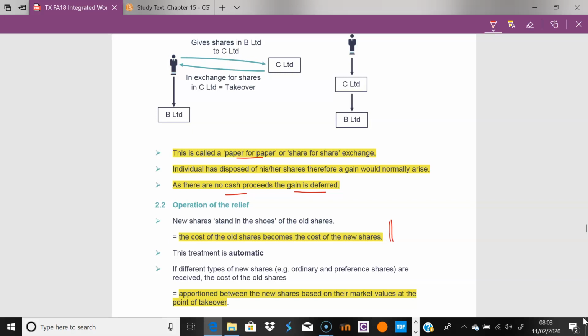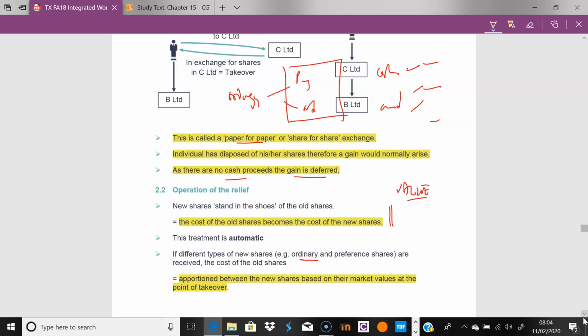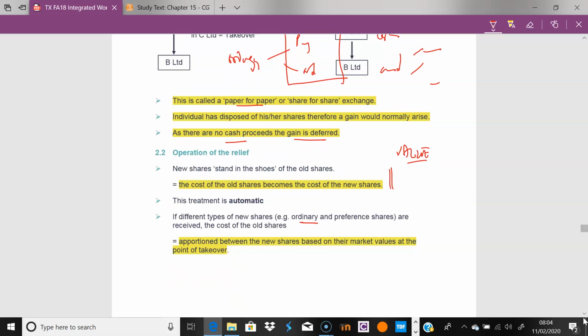But sometimes you have some kind of split. Because typically you had ordinary shares, someone now comes along and could give you preference shares and ordinary shares. So this is why I was talking about land. We must now allocate this separately, or someone can give you cash and ordinary shares, something along those lines. And cash, preference shares, and ordinary shares, we need to allocate them accordingly. But it's still based on value. That's the big word, value. Right? So let's see where we're going here. The whole point here, again, is to do this over the market value at the point of takeover.